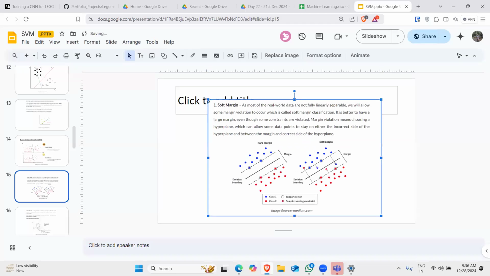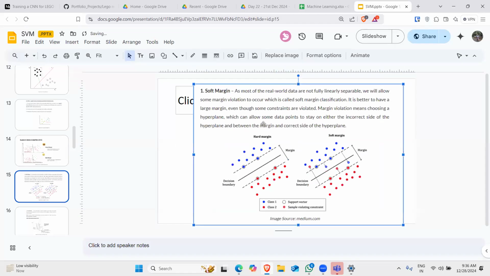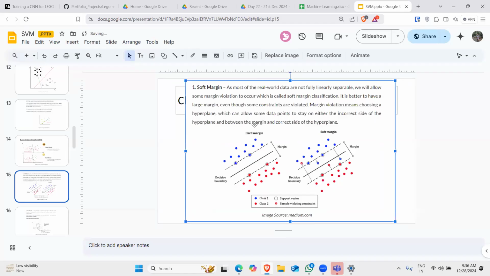Now you have the concept of soft margin, which is also a very important one. As the name suggests, in real world data, it is not fully linearly separable, right? We'll allow some margin violation to occur, which is called soft margin classification. It is better to have a large margin, even though some constraints are violated. Margin violation means choosing a hyperplane